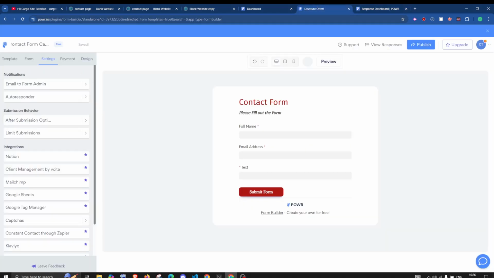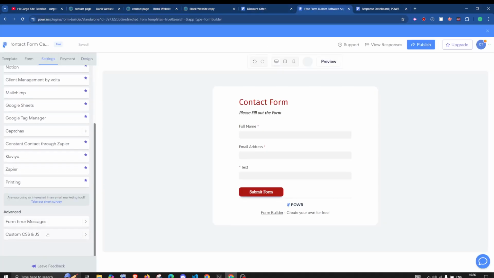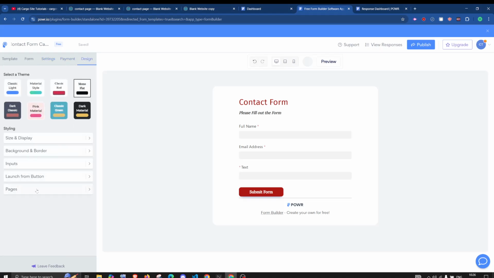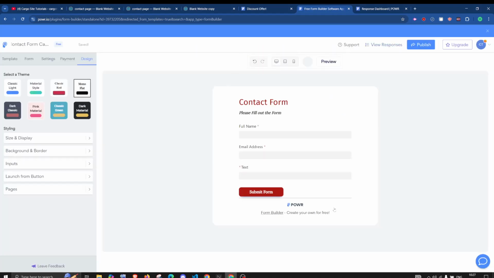And apart from that, in the free feature, it comes with the website branding, but we can hide it. If you click on this, it will show you how to remove it. So yeah, in the free plan you cannot remove the power logo, but you can remove it by purchasing the starter or pro. If you do not have a problem with it, you can just go with the free plan, and it will serve your purpose as well.